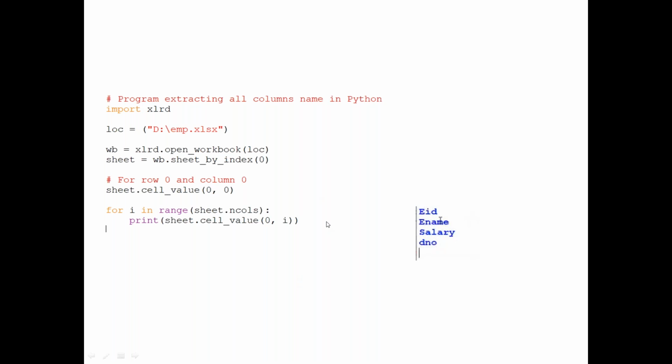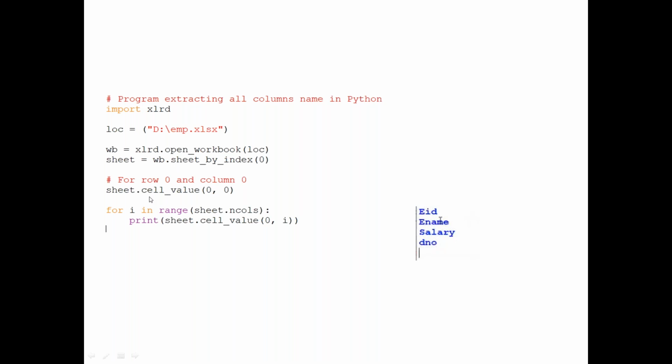I want to know the names of the columns. So what column names are available in my sheet? In that scenario, you can use a for loop to pick up each column name, and the column names are in the first row.